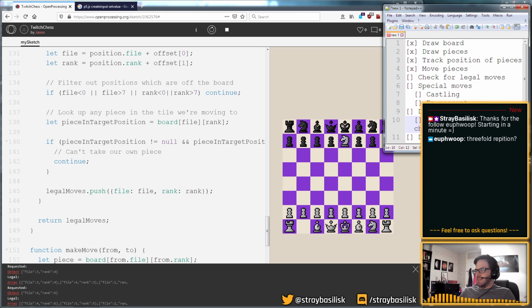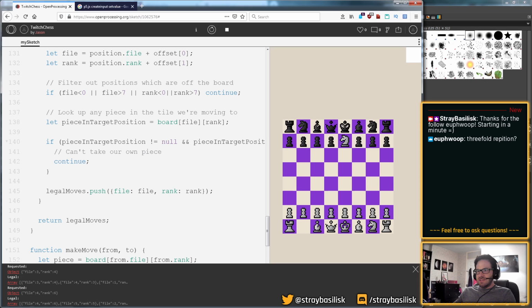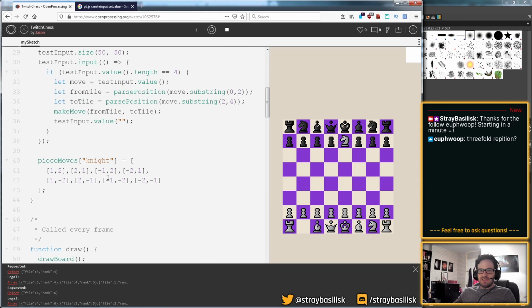Okay, so the one other thing we need to do is pieces which have a more complex move pattern. And what I was thinking is, for the knight, all we do is we store this list of moves, which is fine because it's always just one single thing. But for the bishop, rather than just saying, hey, this is one possible move, this is another possible move, and checking all of those, we could think about it in terms of chains of moves, whereby a chain would be like here, here, here, here, here. And what we could do is work through that chain, and as soon as we find a move which isn't legal, then we stop, right? So rather than a list of totally independent separate moves,